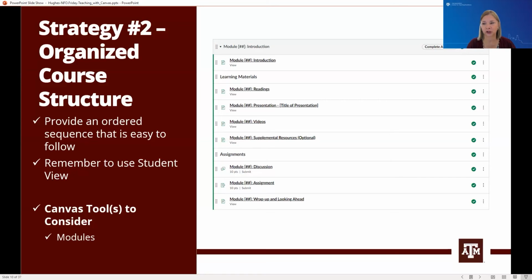Now pretend you are that student and you're in week 3. You have to go to the test module to find the test for week 3, and the discussions module to find the discussion for week 3, and the readings module to find the readings for week 3, and the assignment module to find the week 3 assignments. So you're having to go all these different places as a student to get what you need just for 1 week. And so now you can see why structuring it in this way, where your modules are sequenced and everything you need for that unit is in one module,